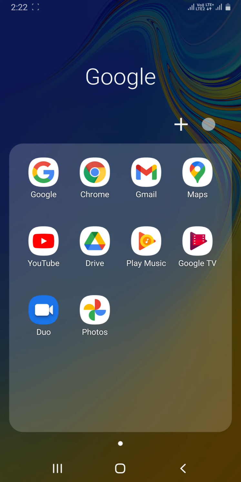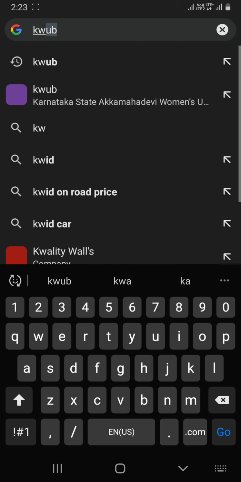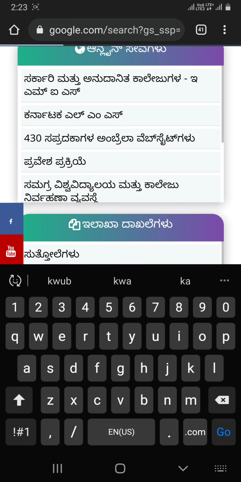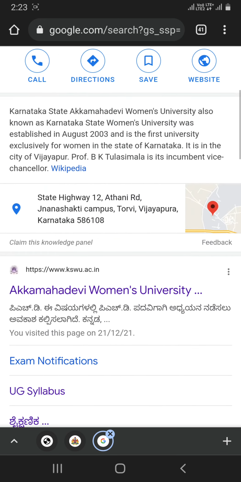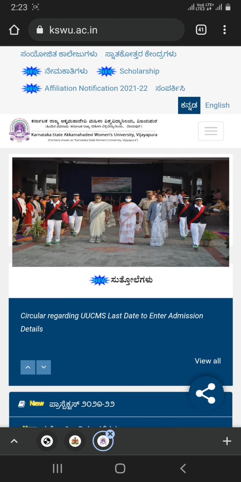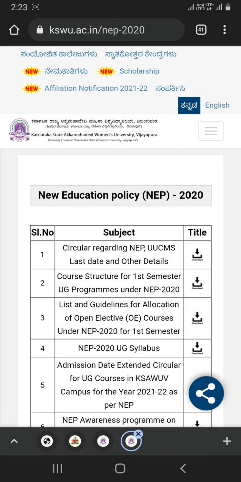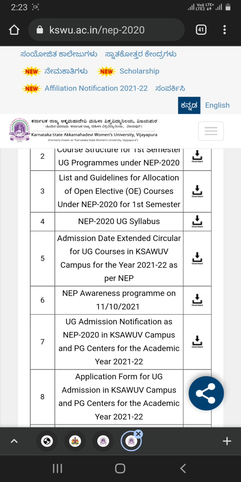See whether the syllabus is on the website or not. Okay, just click on Chrome and type here Karnataka Women's University. So here we go, the Karnataka Akkamahadevi Women's University. Here we are going for NEP 2020. So we are clicking on NEP UG syllabus